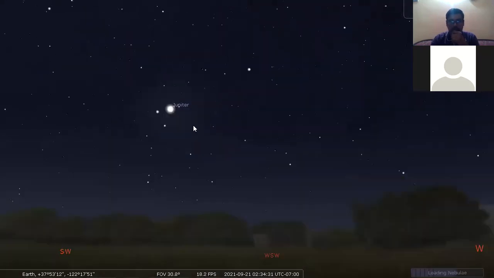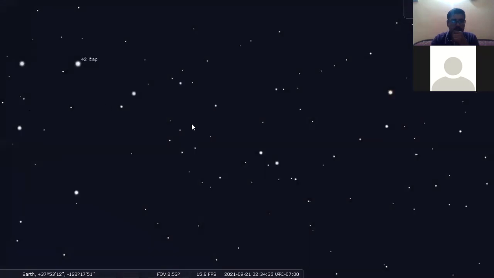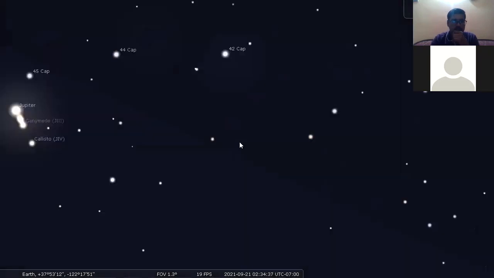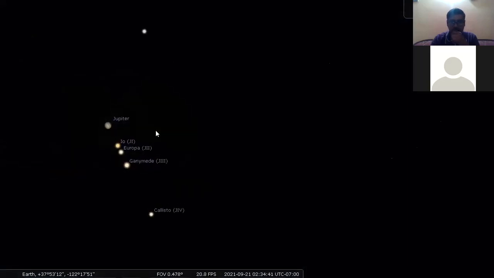If we point towards Jupiter, how does it look now? Actually, it's far away. It's a giant planet composed of gases, and it's far away from our present position, which is the Earth.